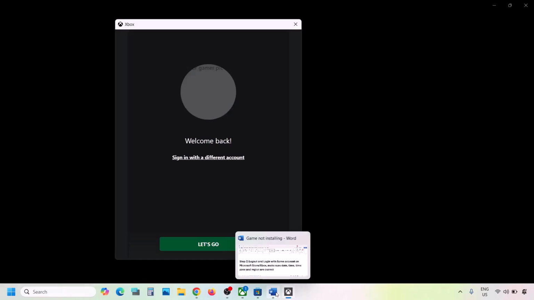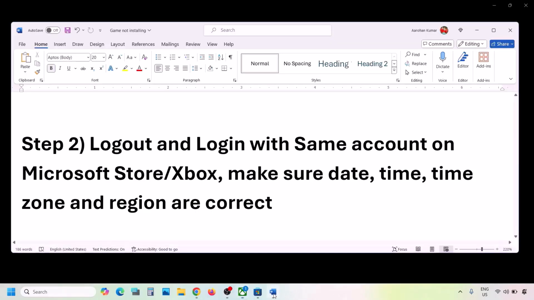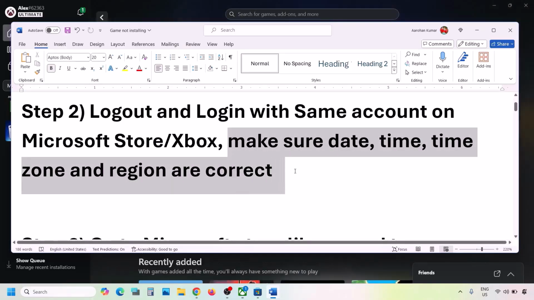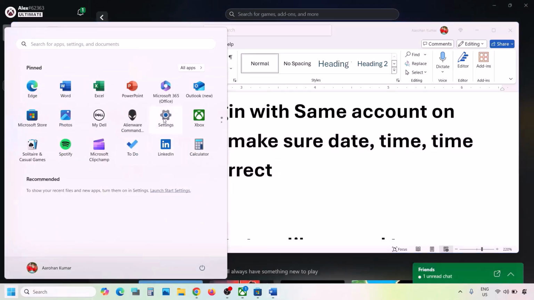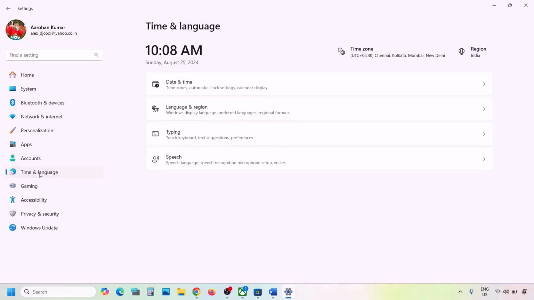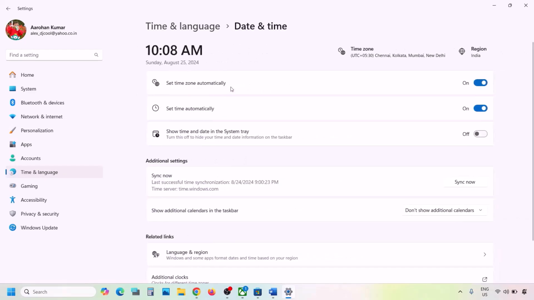Now still you're facing the problem. The next step is to make sure date, time zone and region is correct on your computer. So you can open Windows settings and then go to time and language and then go to date and time. Make sure set time zone automatically is on over here. Also make sure set time automatically, both are on over here, and then click on sync now. On the bottom here you can see sync now option, click on sync now and once the sync is done,